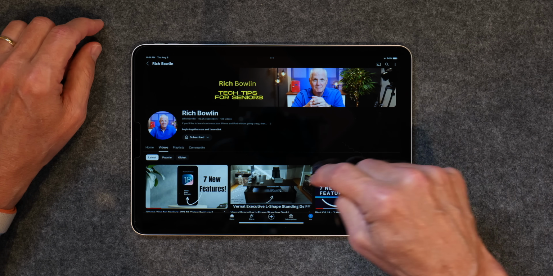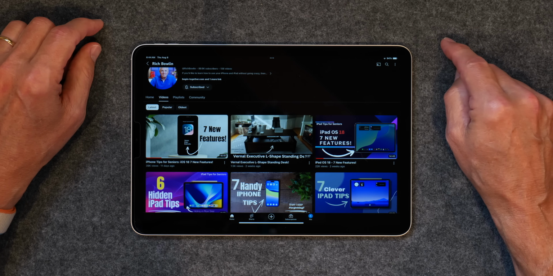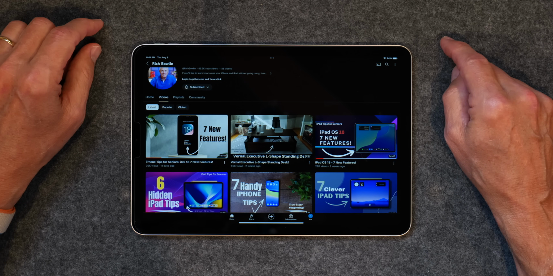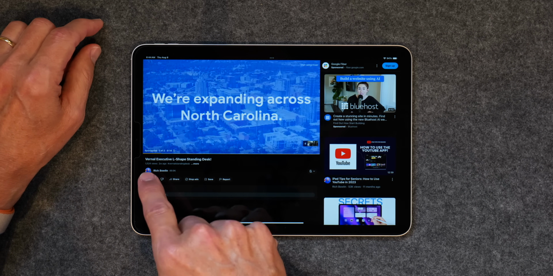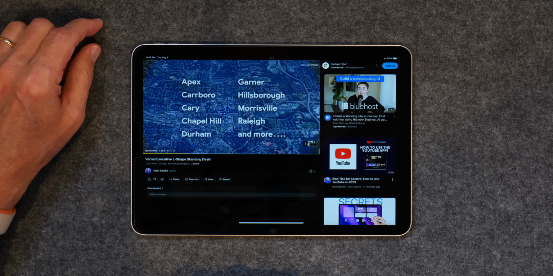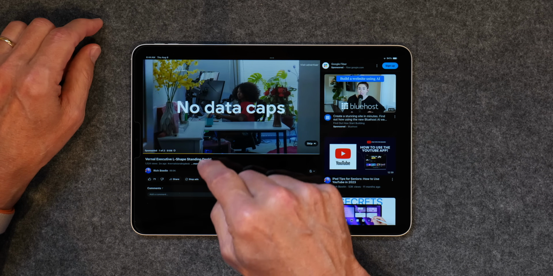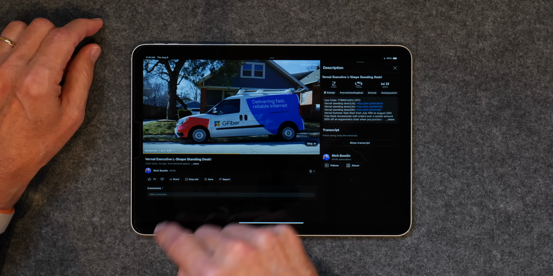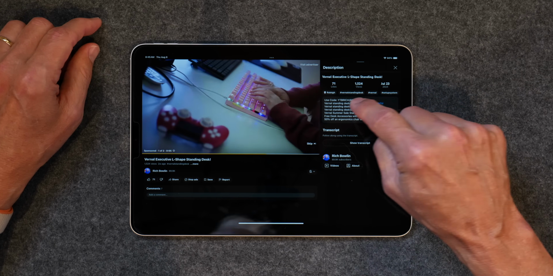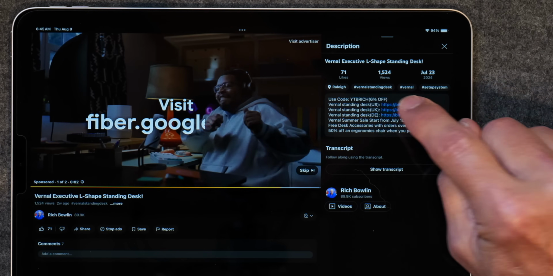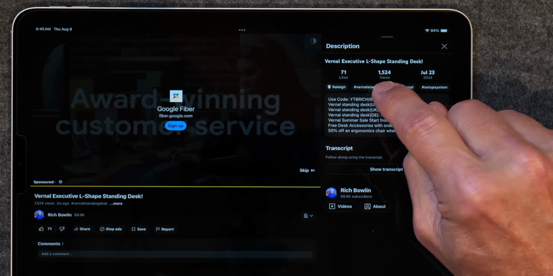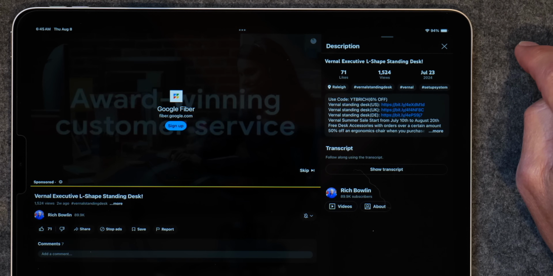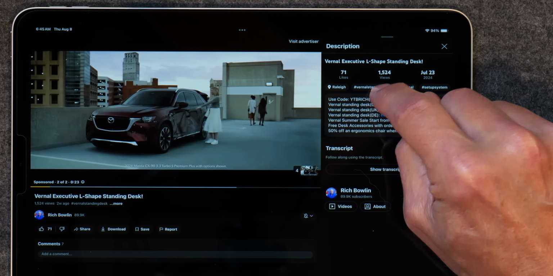I'm going to tap on all of them, and I made a video recently on an executive L-shaped standing desk that I just loved. So if I tap on that video, and this is the Vernal Executive L-shaped standing desk, and I tap on More, now I have some hashtags that are up here, and sometimes YouTubers will put those hashtags in. So I put in hashtag Vernal Standing Desk. If you just tap on that hashtag,